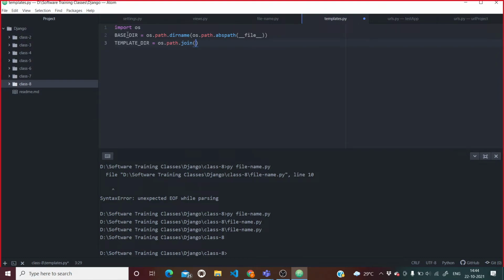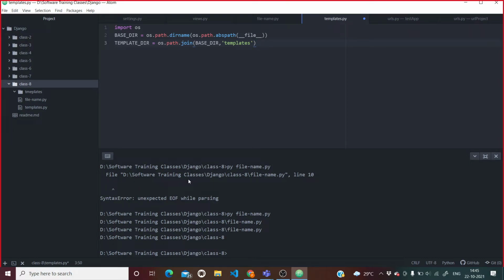At this base directory, which is this class 8, I will join the templates folder, then I will go into the templates. So base dir joined with templates.